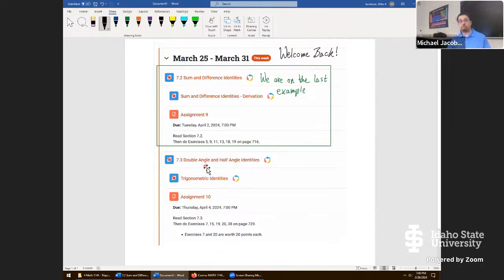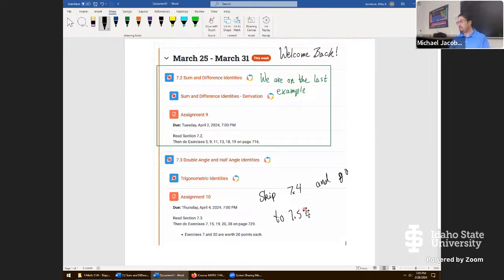From there, we're going to move on to section 7.3, which will make a pretty good start today, and we'll be finishing off when we come back on Thursday's class. And I should mention, just as a word of warning, section 7.4 was definitely a fluff section for us. If we had enough time in the course, we would like to cover it. There are some really wild trigonometric identities in that section, but they're not used very often. And so we're going to skip section 7.4 and go to 7.5 afterwards. So once we're done with section 7.3, all of our efforts will be in section 7.5 to finish